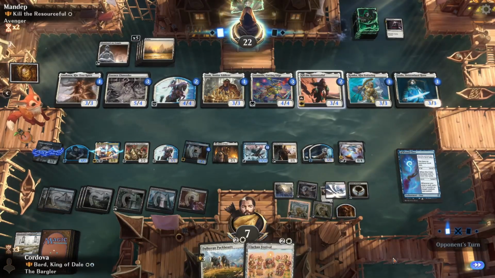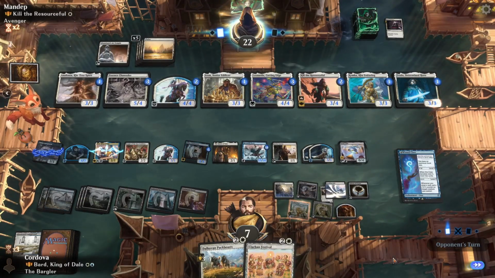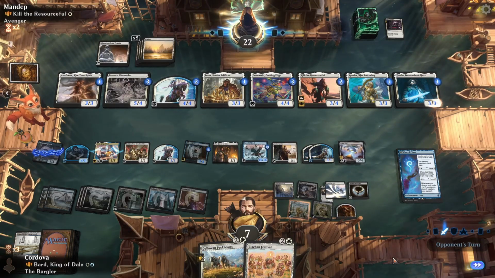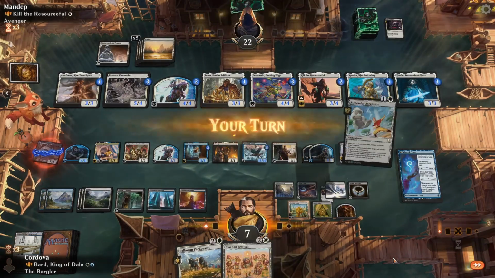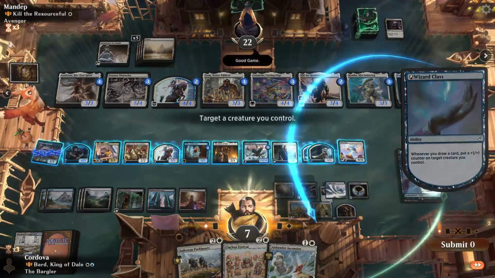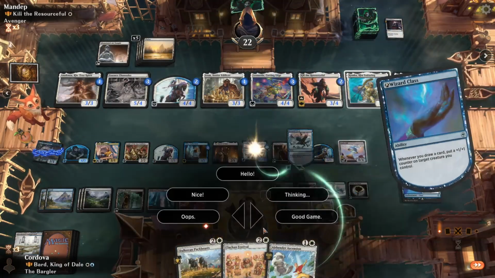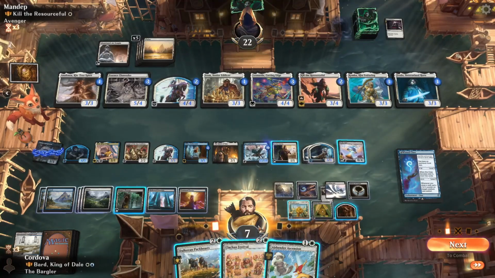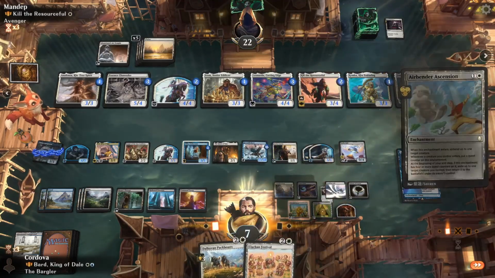And I think soon they're going to have to swing in, or it's over for them. Because our bird is big enough at this point, or pretty close to big enough. They don't do anything. Okay. Airbender Ascension. We're going to give them a good game too. Good game. I think they see that the writing is on the wall. Airbender Ascension